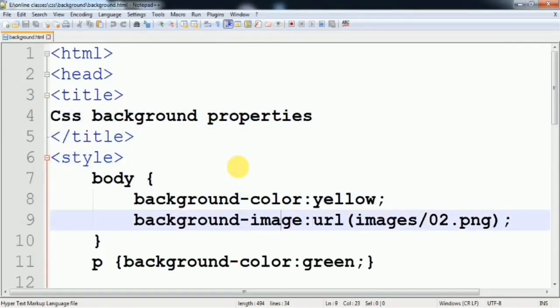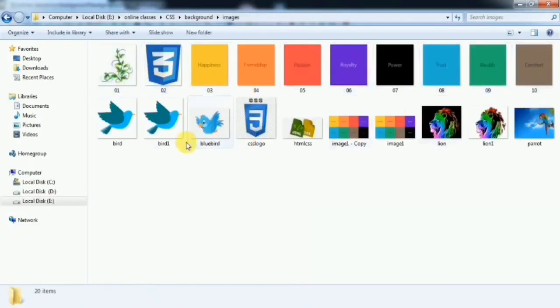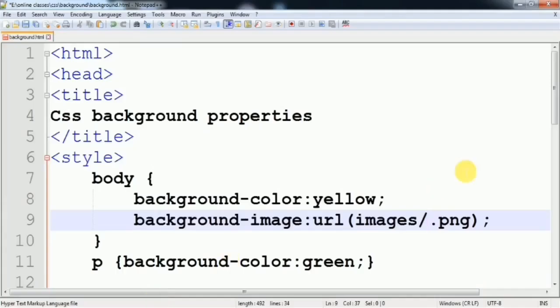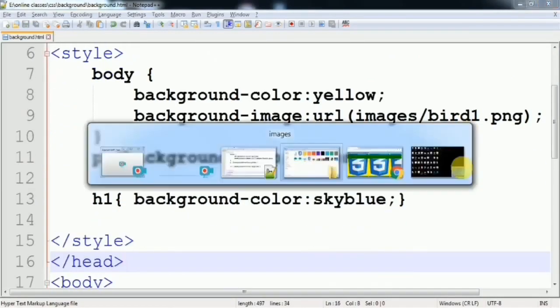Now I want to change the image first. These are the images I see here. Okay, this bird image I take instead of that one, and the background color is okay.